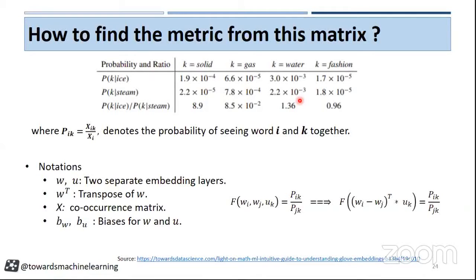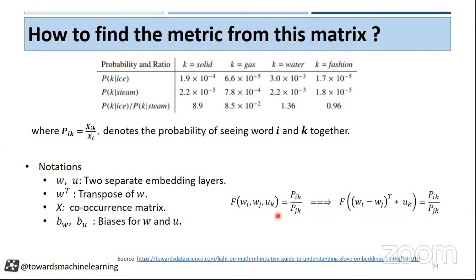But we have to map these probabilities to a function so that we can find the relation between our word embeddings and these probabilities. How are we going to do this? Here you can see one function with three vectors, and you have to map to scalar values. Then can you suggest what should be our f?